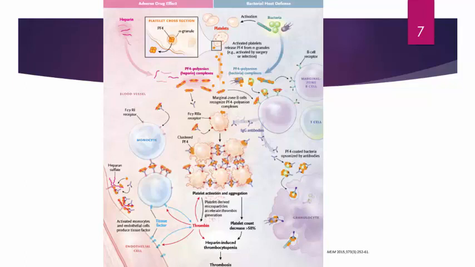So to understand HIT, you have to understand at least a baseline pathophysiology of what HIT, or heparin-induced thrombocytopenia, is. As you see in this figure, which is actually published in a review article in the New England Journal of Medicine, it looks very complicated. Essentially what happens here is that HIT has a lot of similarities to your bacterial host defense system, which you probably learned a little bit about in your immunological studies prior to this class. Of note, PF4, or platelet factor 4, is released from platelet alpha granules.